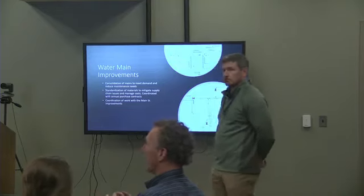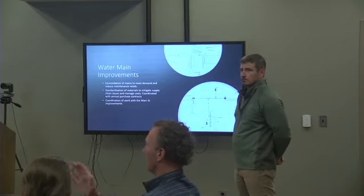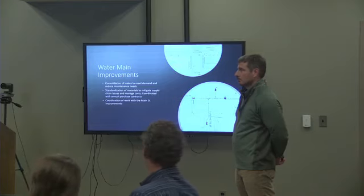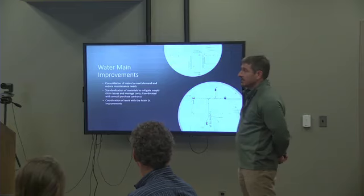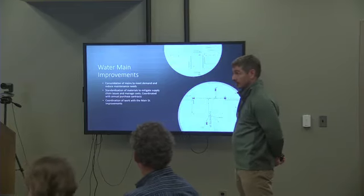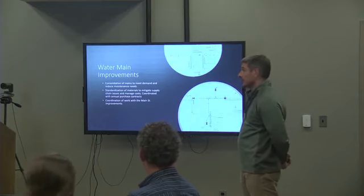This will set the stage for additional extensions down Washington or Lafayette or those areas. What's the size of the pipe going down Main, the new pipe? We had started with a 10, but I'll talk about it now. We're gonna put in a 12, which will further allow that condition to be met, but some of that is